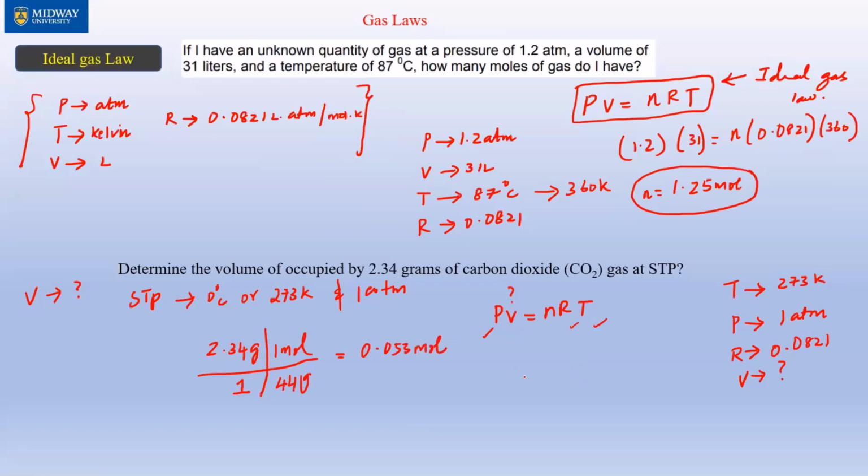So now we can plug everything in. Now you see everything is in the appropriate unit. Temperature is in Kelvin, pressure in atmosphere, R is constant, V is what we need to find, which will turn out to be in liters, and n is in moles as it is. So let's plug everything in. 1 times V equals 0.053 times R, 0.0821, times T, 273. You plug all that in. So that's 1.18